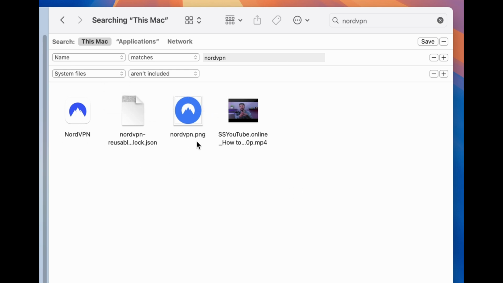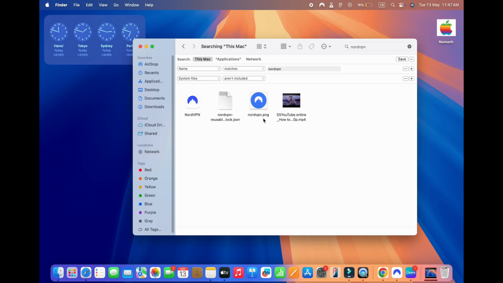Now, before you delete anything, you just want to go through each thing listed and verify and confirm that it is related to the application or program you are uninstalling. In the most recent version of Macs, it will list the location down here below. And then once you have confirmed or verified that everything here needs to be deleted, we're just going to click and drag to select everything, and then we're going to click and hold, and drag to the trash,